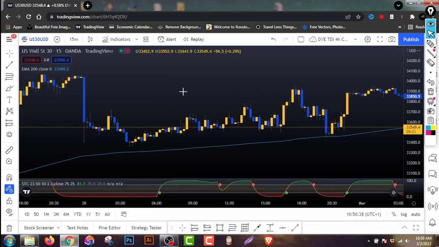I'm going to be backtesting a trading strategy for you right about now using TradingView. This is a TradingView strategy. I don't want to waste your time, so I'm going to go straight onto it and explain this